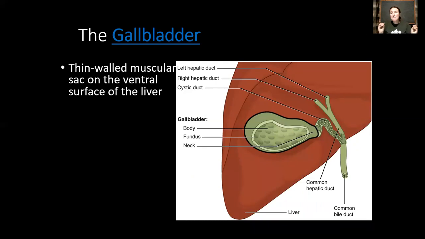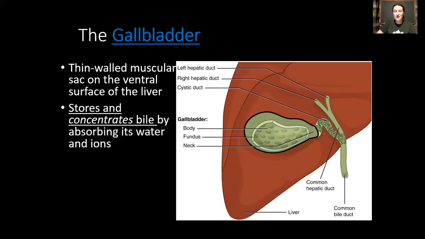As I said, the bile is going to flow from the liver directly into the duodenum if that hepatopancreatic sphincter is open. If we are actively eating and digesting lipid-rich food at that moment, it's going to go right into the intestines. If not, the bile, a liter of it, is going to be stored in the gallbladder. The gallbladder is on the inferior aspect of the liver, and the bile can travel up the cystic duct to be stored in this floppy,